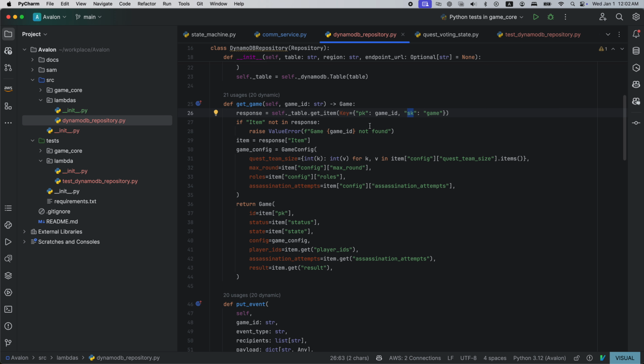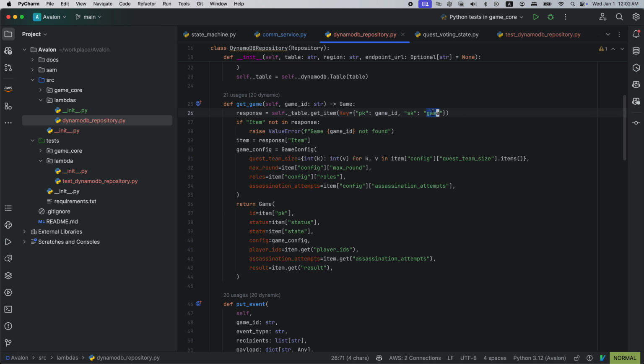So in this case, for this project, every item, every entity of a game will have the same primary key, the game ID. As long as we use the game ID, we can find everything related to the same game.